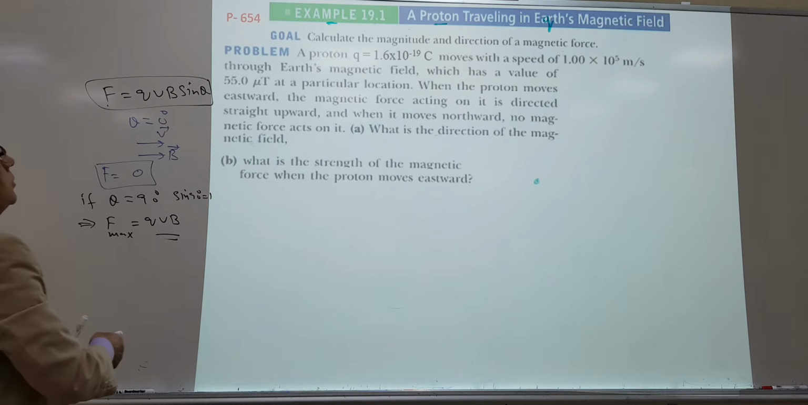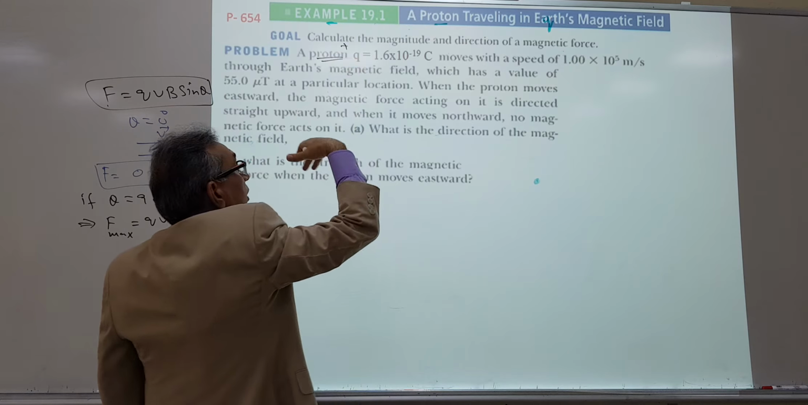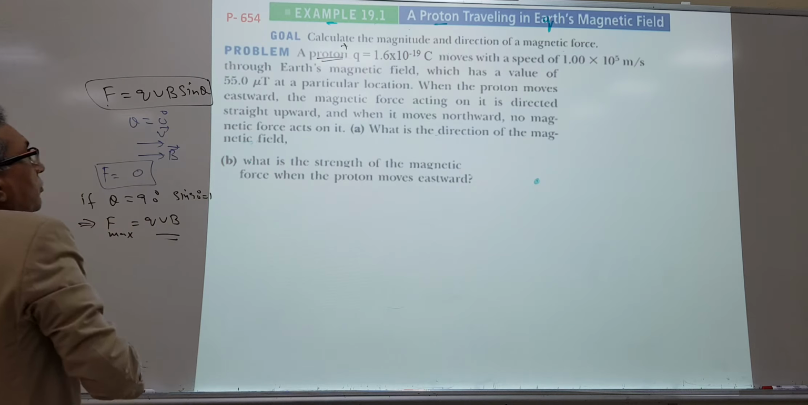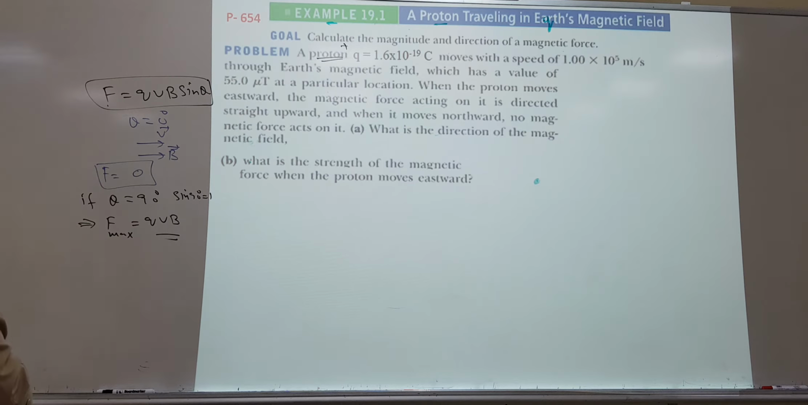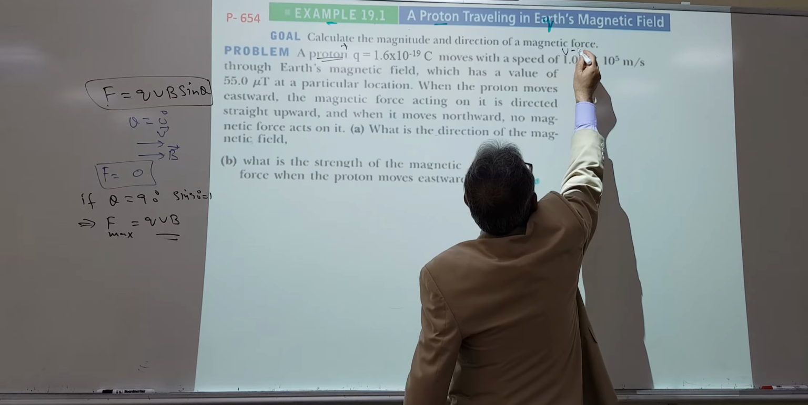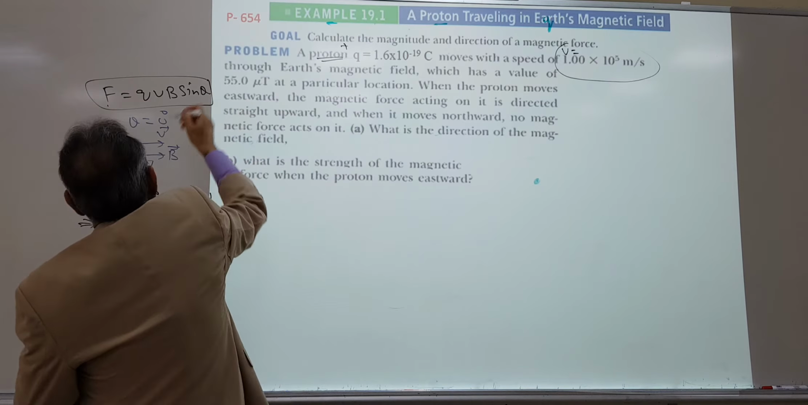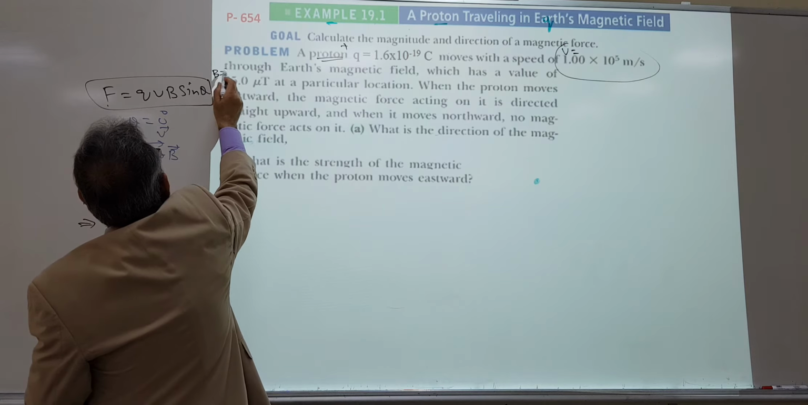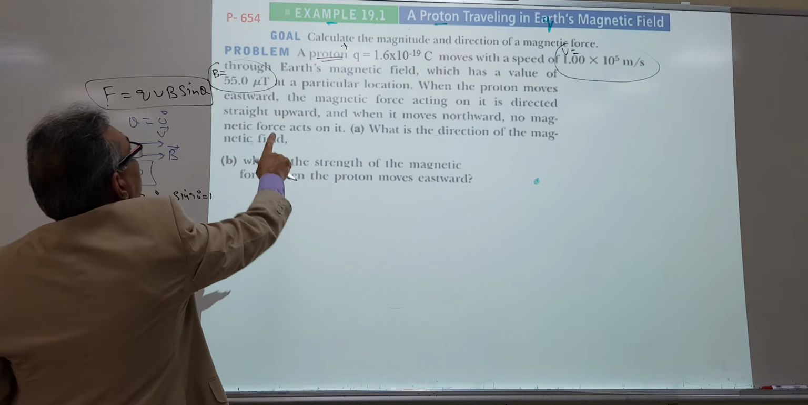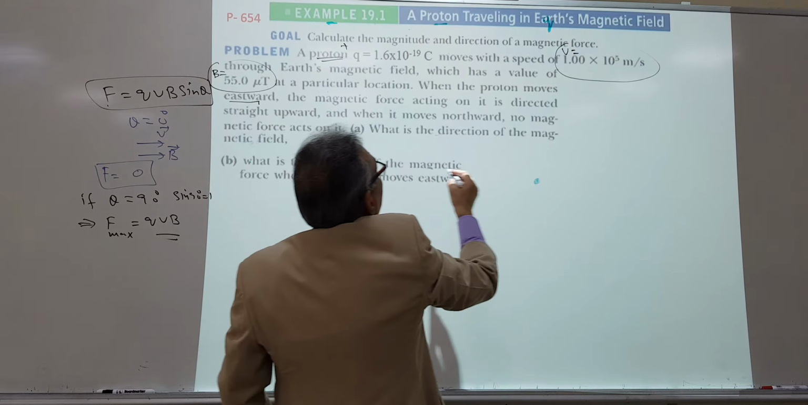You have a proton. Proton is a positive charge. So keep in mind, the right hand rule is for the positive; for the negative you reverse finally. But here no problem. Q is given, and it moves with a velocity in meters per second through Earth's magnetic field, which has a value B given to you, in micro, meaning 10 raised to power minus 6, at a particular location. When the proton moves eastward,